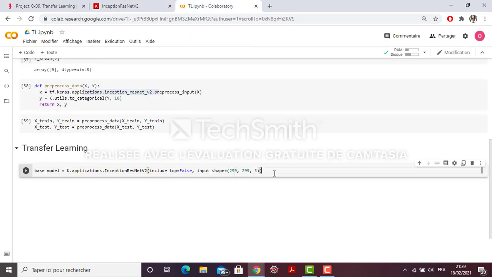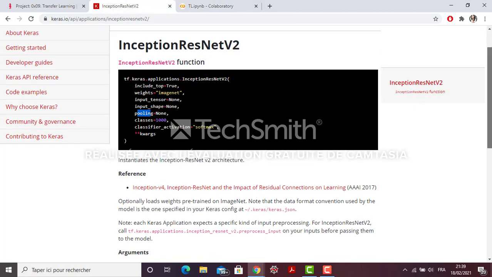This is for my base model. Wait, I forgot to put the weights that I needed, which are the weights of ImageNet. I don't know the default value of weights.